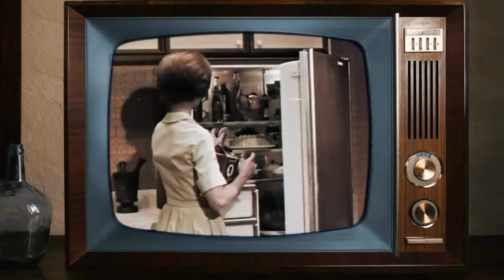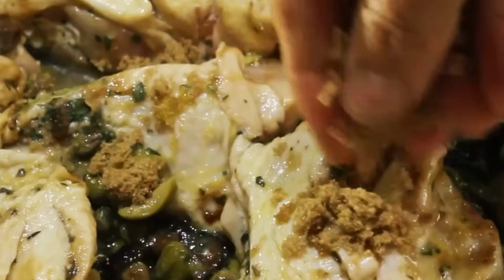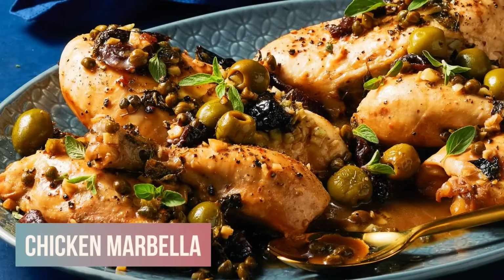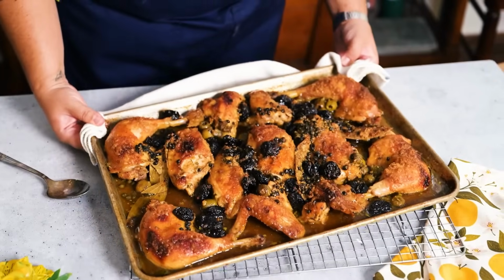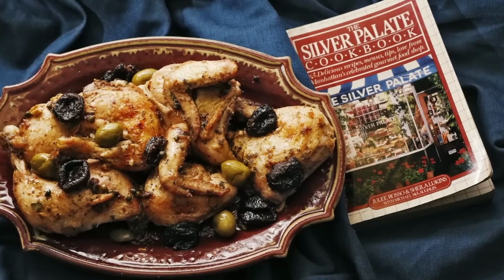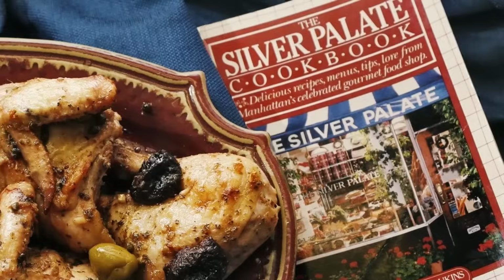Few dishes capture the culinary experimentation of the late 20th century quite like this one. With its bold combination of prunes, olives, capers, and white wine, chicken marbella was a breakout star of the 1980s dinner party scene. It was elegant, unexpected, and a perfect example of how sweet and savory flavors could work together in harmony. The recipe originated from the Silver Palette Cookbook, a landmark 1982 publication that introduced home cooks to sophisticated